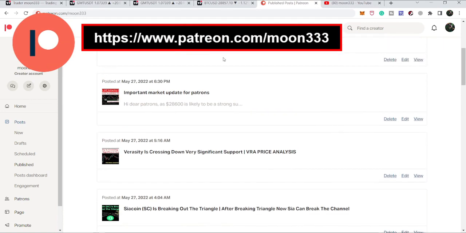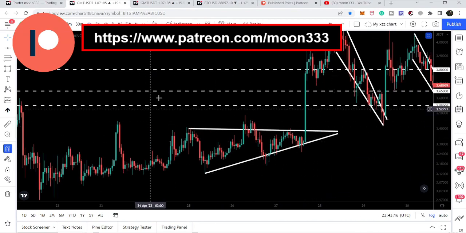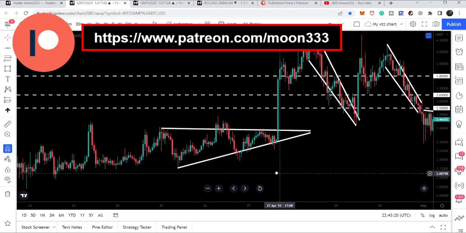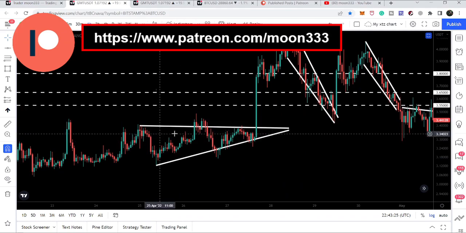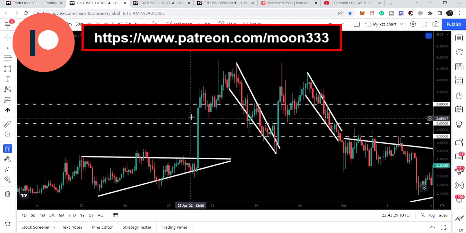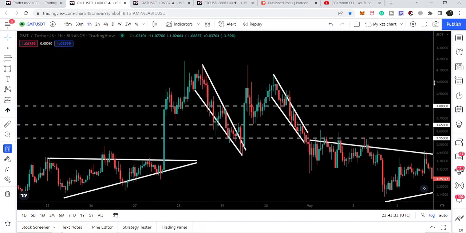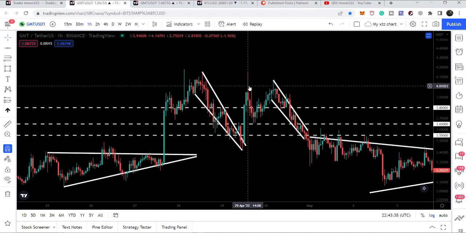So let's start the analysis, and first of all, let me show you this hourly time frame chart. Here we have been following different patterns that GMT has been forming. Like here, we had this pattern. This was an ascending triangle. GMT broke it out and even broke out the next resistance levels as well. We had a nice rally, and then GMT formed this falling wedge pattern and again broke out, had another nice